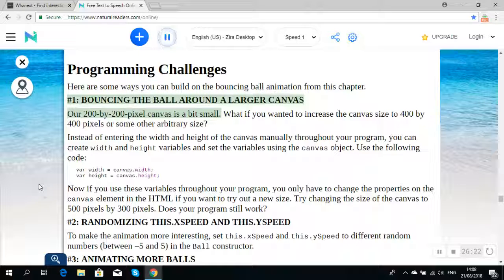1. Bouncing the ball around a larger canvas. Our 200 by 200 pixel canvas is a bit small. What if you wanted to increase the canvas size to 400 by 400 pixels or some other arbitrary size? Instead of entering the width and height of the canvas manually throughout your program, you can create width and height variables and set the variables using the canvas object. Use the following code: var width = canvas.width; var height = canvas.height;